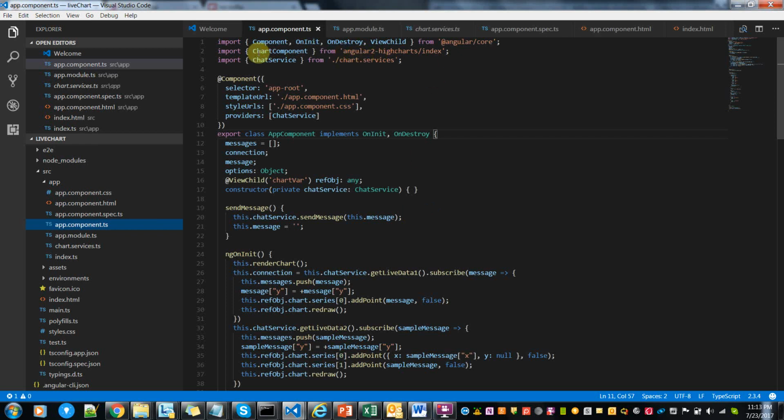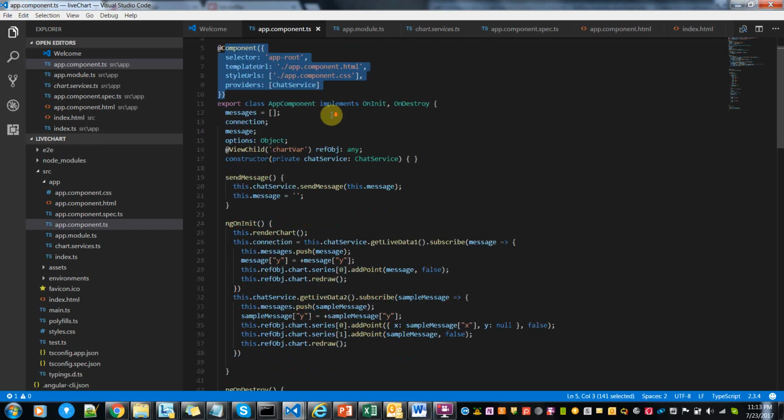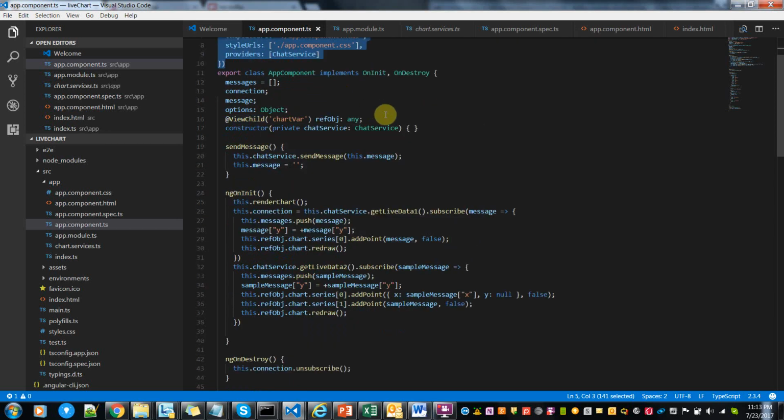I just imported the Angular Highcharts components and the chart service. Chart service is a service which I created to connect to the Kafka topics to get the data. Okay, and these are all my components, and this is my class.